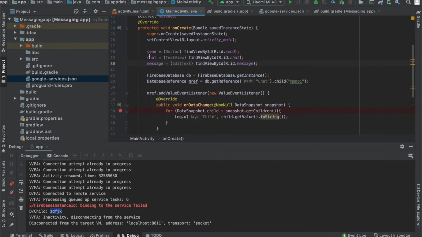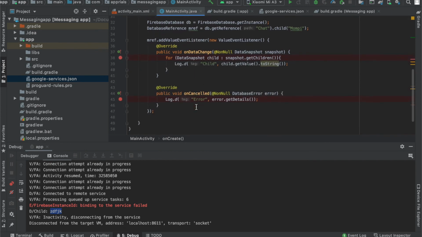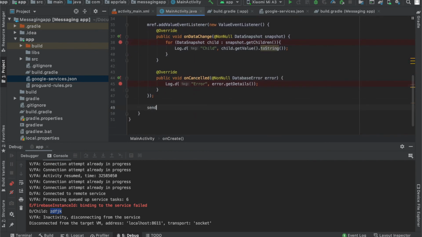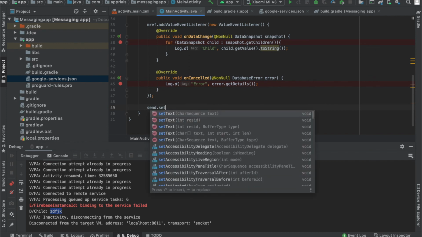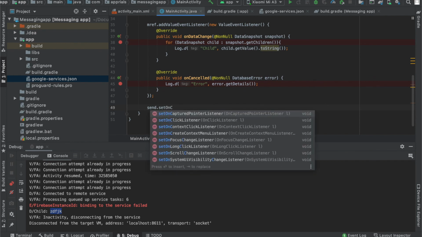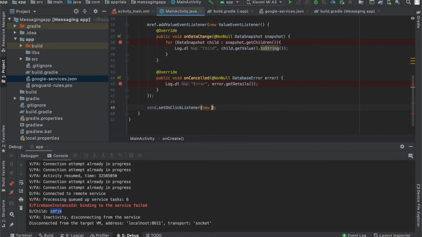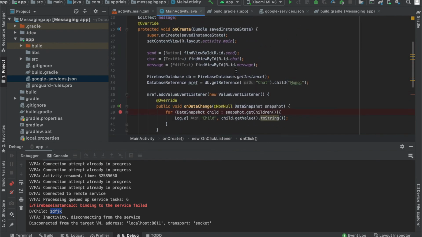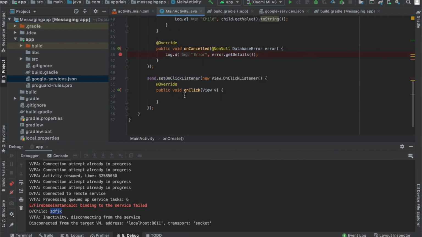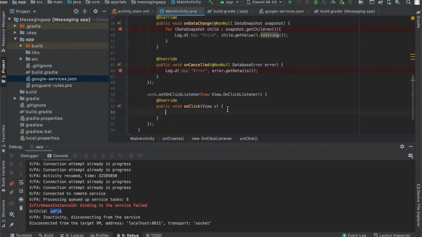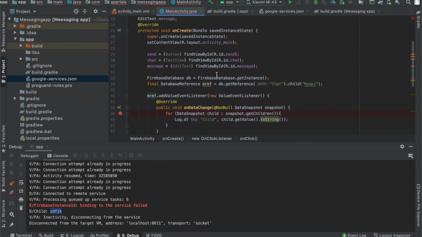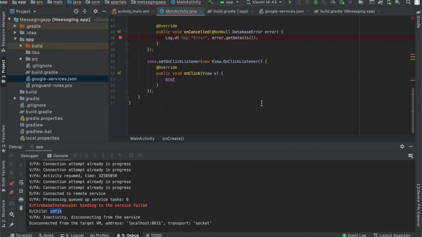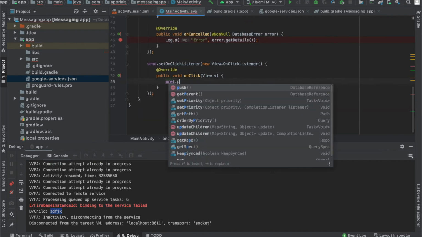Now we are going to add an on-click listener on the send button. So let's do that. send.setOnClickListener. And we're going to add a new on-click listener. So once that is done, whatever message is in message, we are going to send that to the server, right? What we do is we have mRef, which we created as a reference to that particular node. We're going to take that and we're going to push it in it